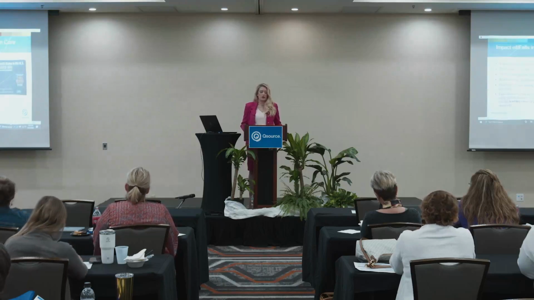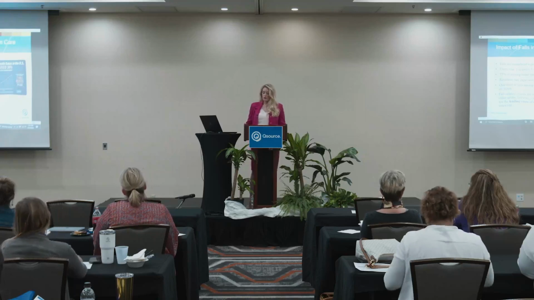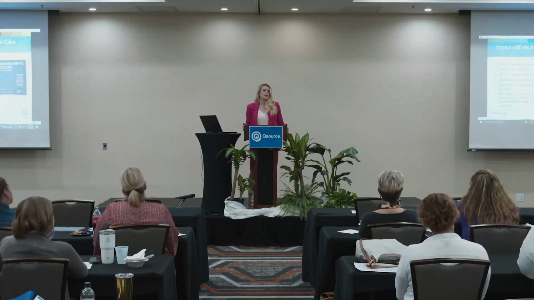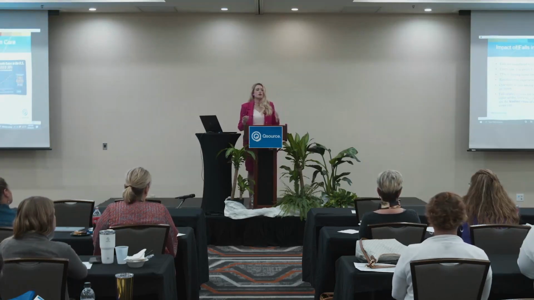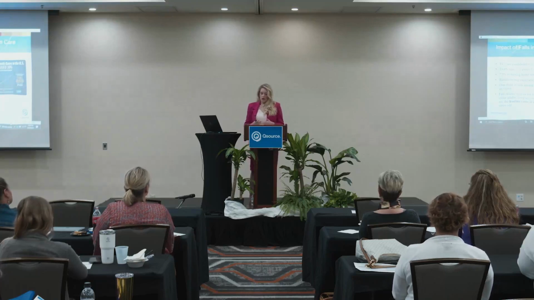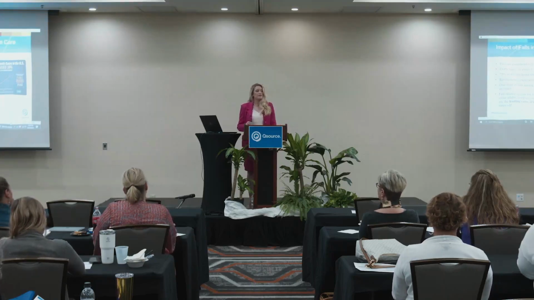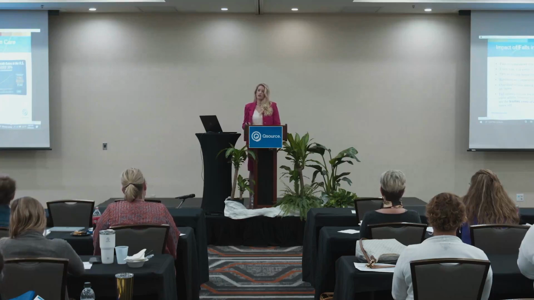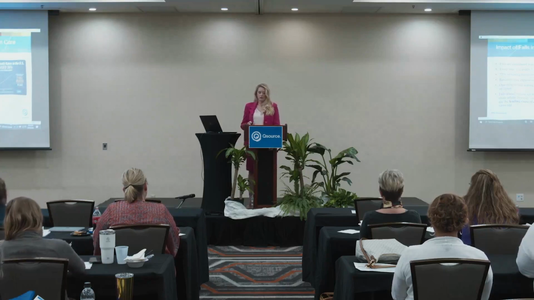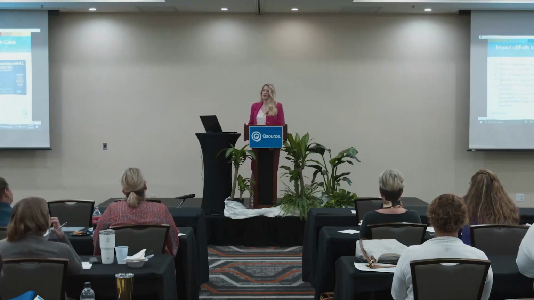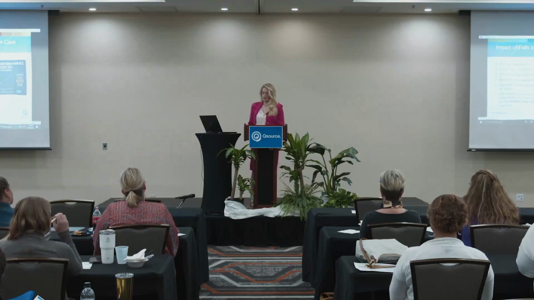So what is the impact of falls in the post-acute and long-term care setting? We know from the CDC that the fall death rate in the United States has increased by 30% from 2005 to 2017. And falls are considered to be a geriatric syndrome. Every year, 1 in 3 older adults will fall, and 75% of nursing home residents will fall each year. And on average, they'll fall between 2 to 3 times annually. Now, fall-related injuries in and of themselves are not a common cause of death in older adults, but complications from falls are the leading cause of death from injury in adults greater than 65 years of age.